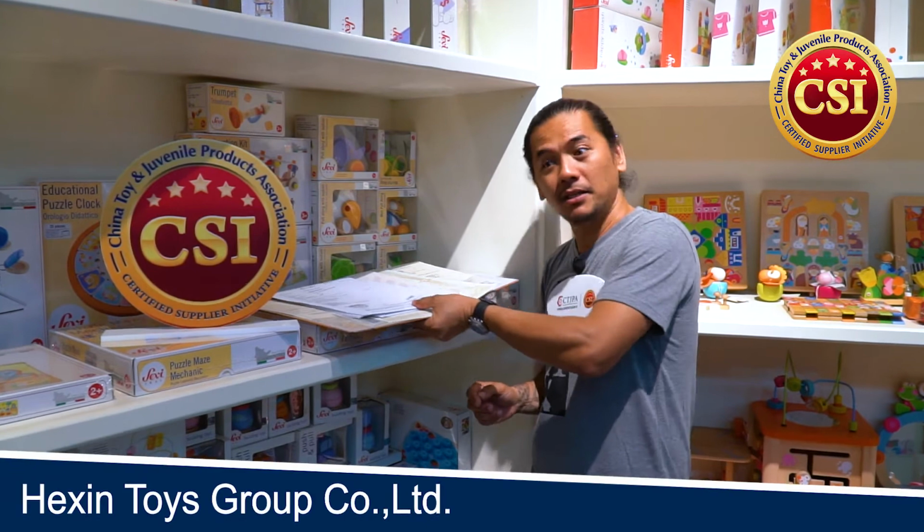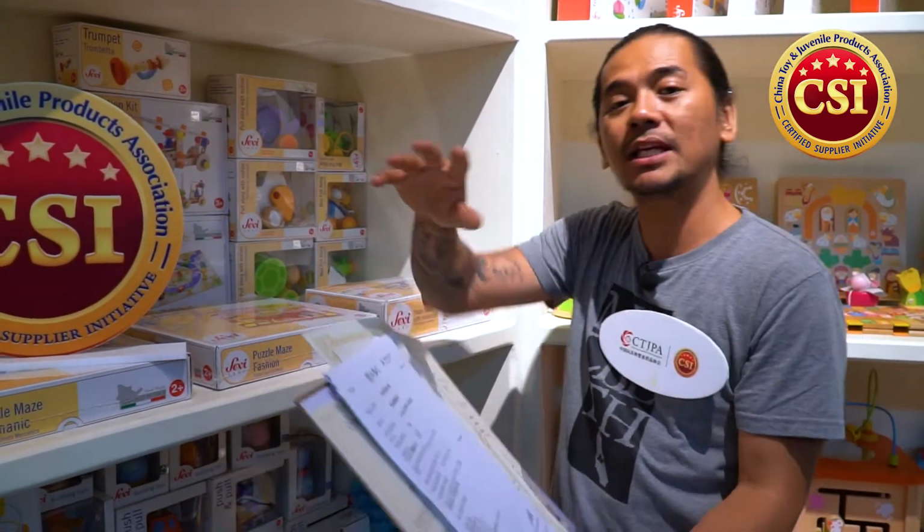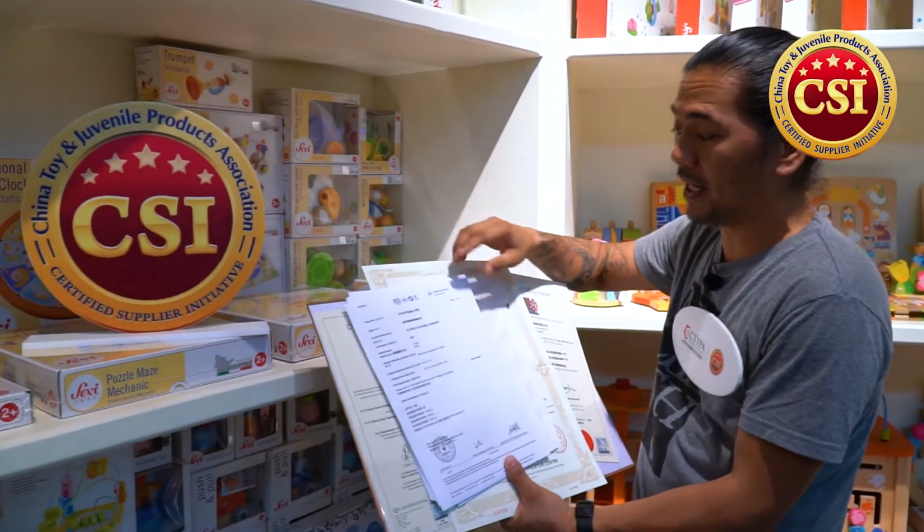One of the things that we're looking at is, of course, quality standards, reports, and certifications, because what we want is for the factory to be compliant with international standards, therefore quality and safety, and it assures the customers that what they're buying is actually beneficial and good for the kids, right? We're talking about consumers here that are really picky these days. But anyway, like I mentioned earlier, they have all these certifications that they comply with, and let me just